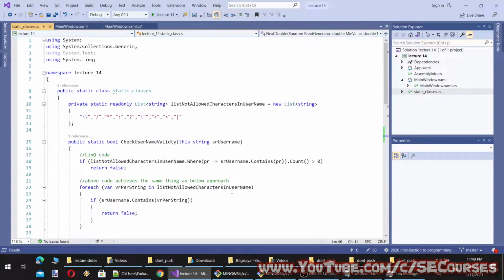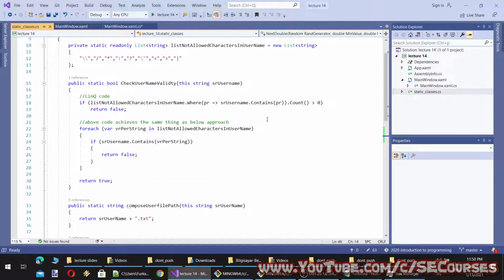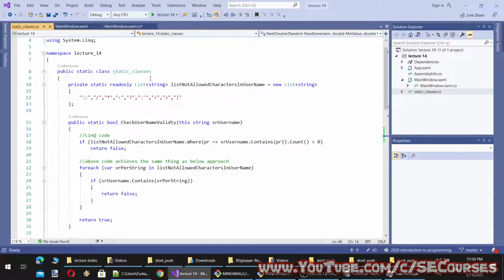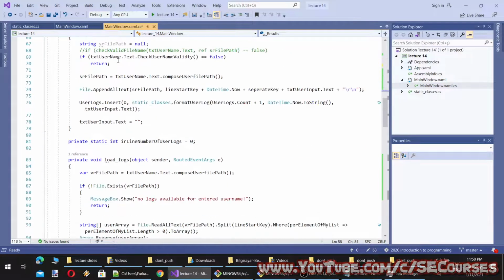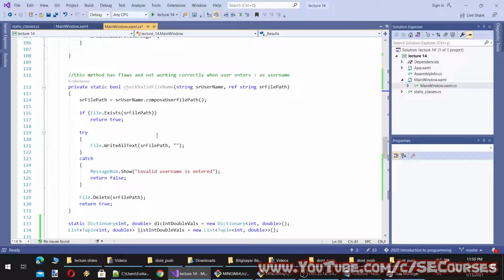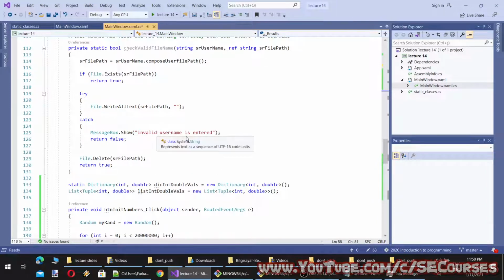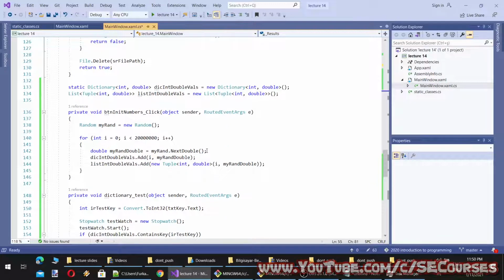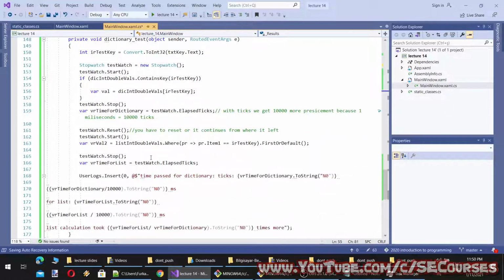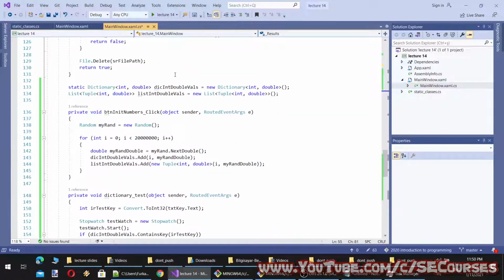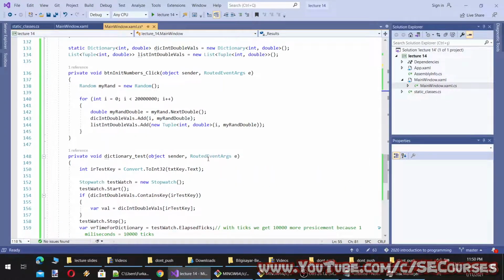Okay, this is enough, and you should follow this method-based and class-based approach. And the code you are writing in the main window should be minimal. For this lecture, I didn't try to make it minimal, but you should move these methods inside other classes and just call them as a method call, like we are doing here.